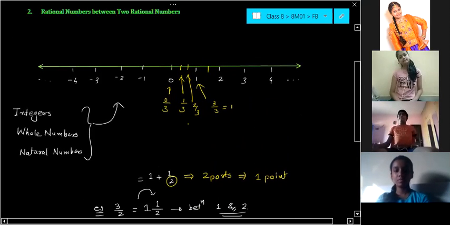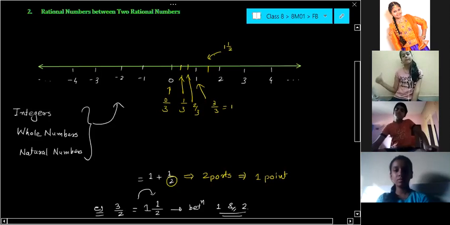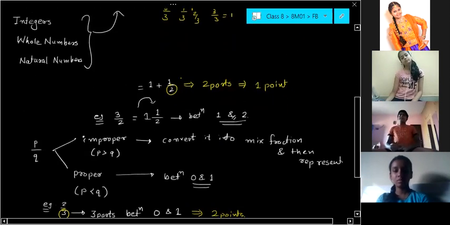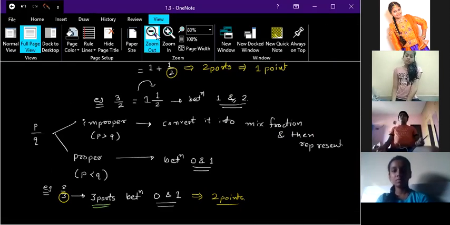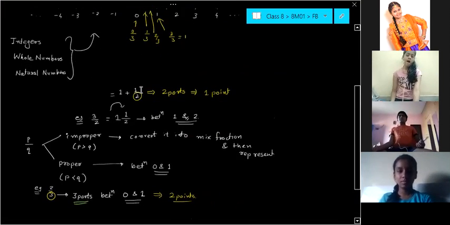Then only 1 point will be here. Now how will I name it? So 1 by 2. It's 3 by 2 only, or I can say this will be one integer 1 by 2. Is this clear? One integer 1 by 2, that is 2 and that is 1. Is this clear, everyone? Right? So this is how we can represent rational numbers on the number line.